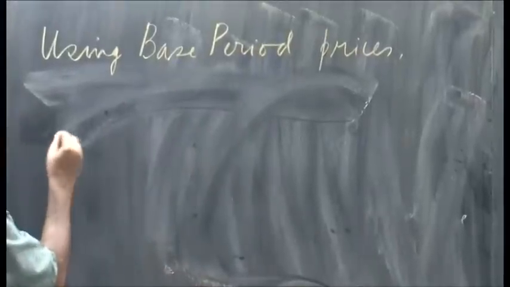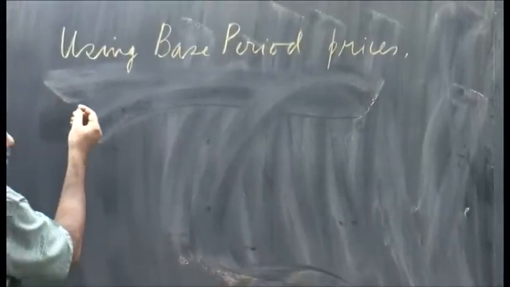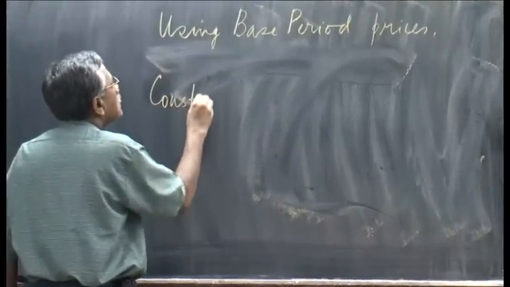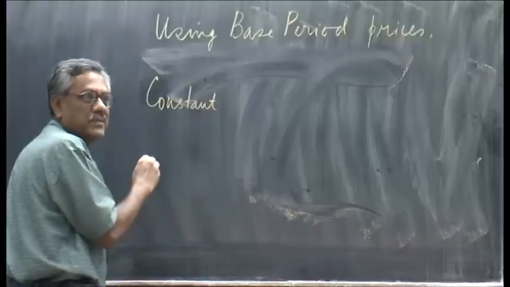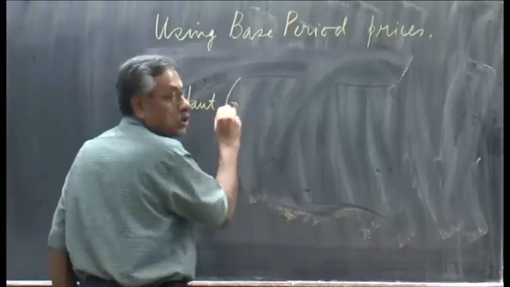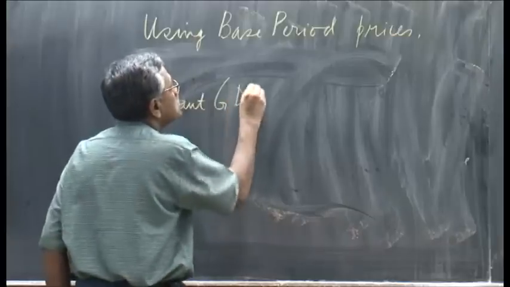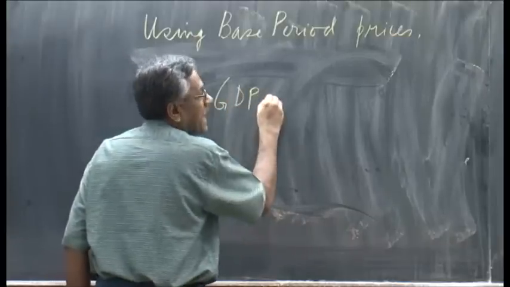One can obtain what is known as constant GDP. Constant means the prices have been kept constant. It's not called GDP anymore, because GDP is at current market prices. I can obtain constant GDP as